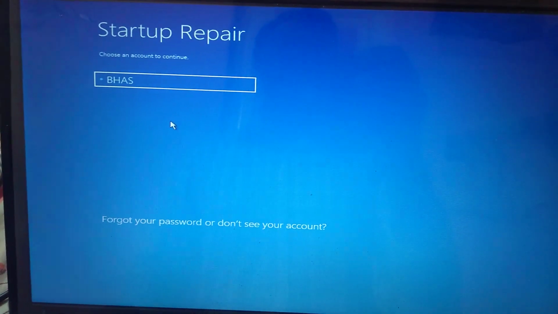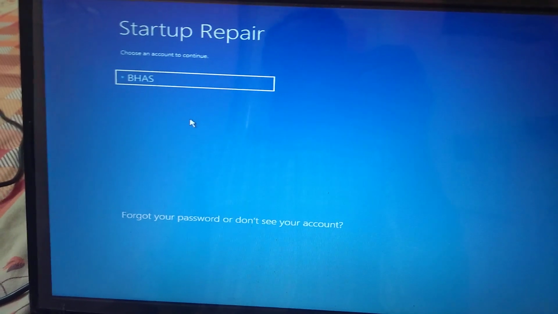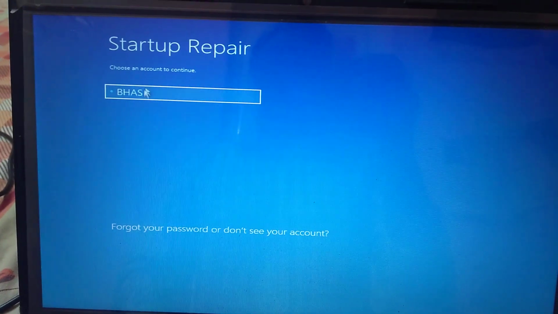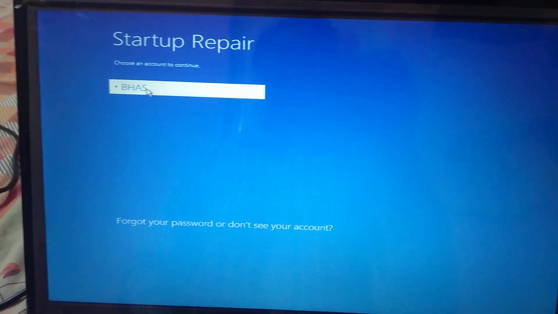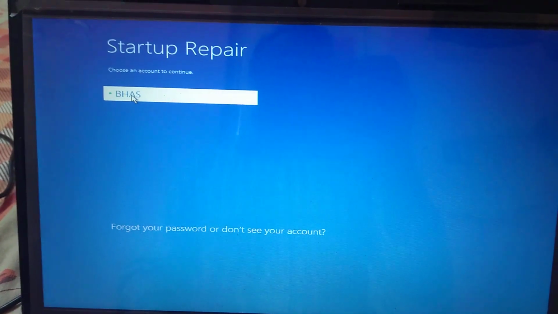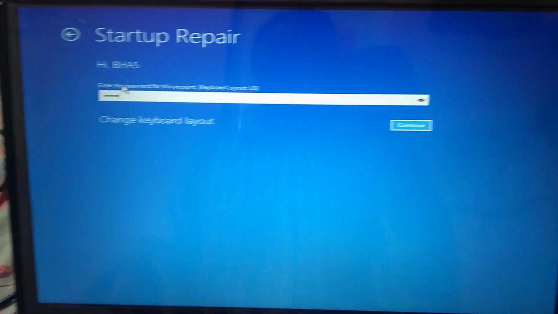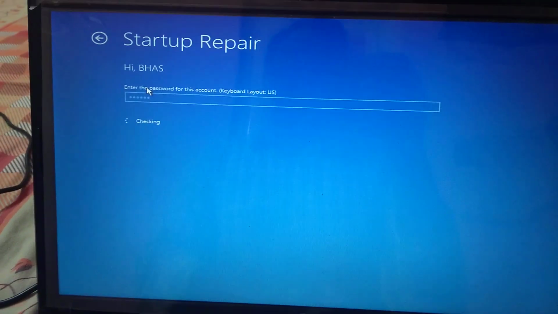Once you click on that startup repair option, it will take you to this screen: choose an account to continue. Here this is my username, so I have selected it, and then it is asking for the password, so I am providing the password and pressing enter.